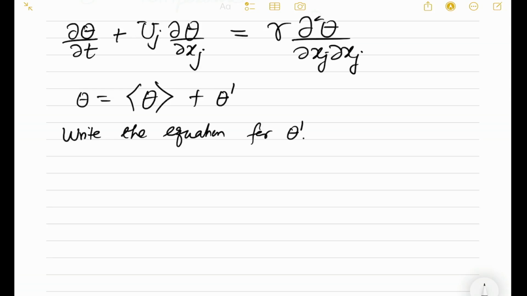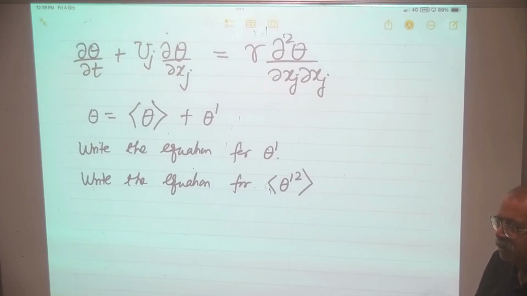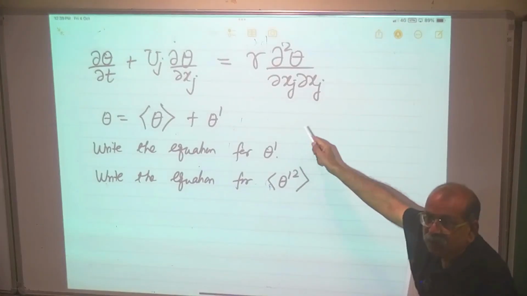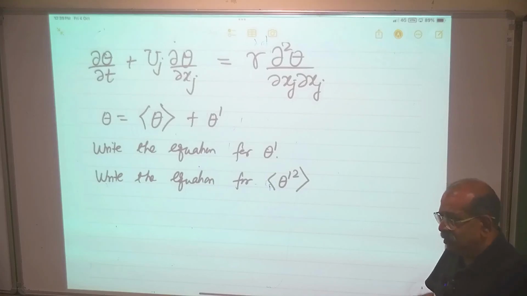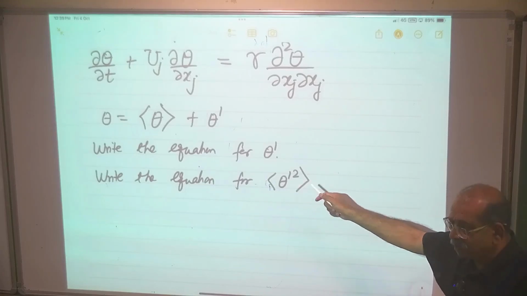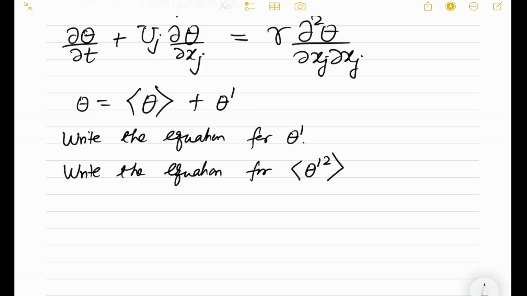Second, what we do is we write the equation for mean of theta prime square. So how will we do this? First we have this equation, we multiply all the terms by theta prime and then we take the average of that, so we will get an equation for theta prime square. Again this you should be able to do. Okay, and then